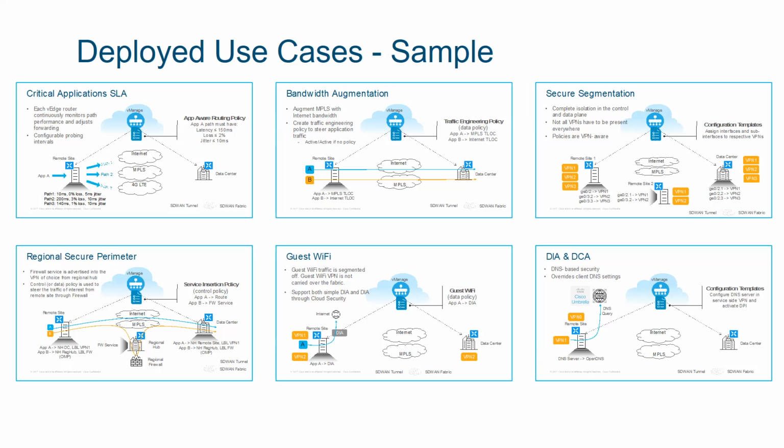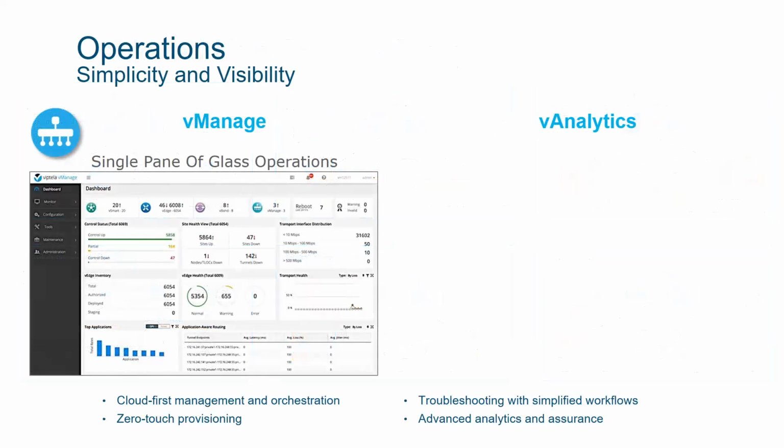And also we have DIA and DCA here, where we configure the DNS server in the service side VPN and activate the DPI, deep packet inspection. So this is something like the Cisco Umbrella concept. We can inspect all the packets based on the URL and DNS name. And we are getting operational simplicity and visibility here. We have the vManager, which has